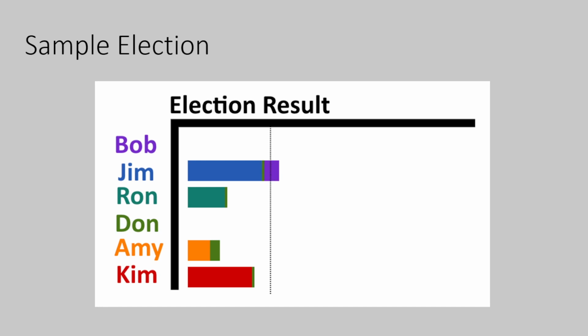So some of the Bob voters just stopped voting. They only voted Bob, and then their ballots exhausted. The rest of them voted for Jim as second choice, and the Don voters who voted for Bob are now voting for Jim as well as a third choice. So here, Jim now has passed the threshold, so Jim is a winner, but since he has more than